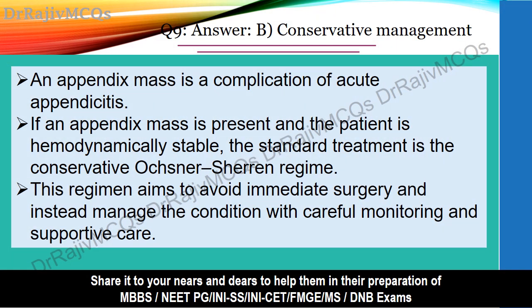Presence of an appendix mass or phlegmon is a complication of acute appendicitis. Here, the inflamed appendix is walled off by surrounding tissues like omentum and small gut. Surgery in this condition becomes difficult, and it may be impossible to find the appendix, and occasionally a fecal fistula may form. If an appendix mass is present and the patient is hemodynamically stable, the standard treatment is the conservative